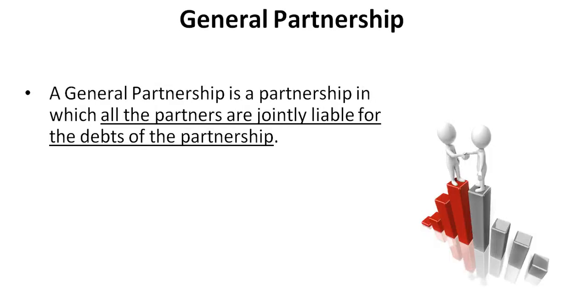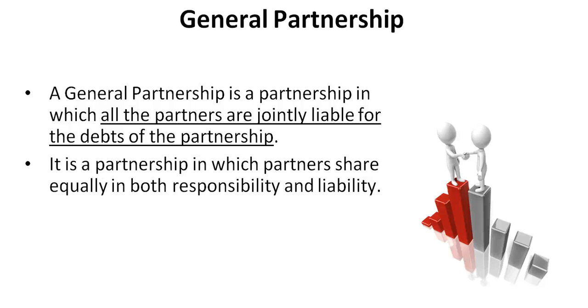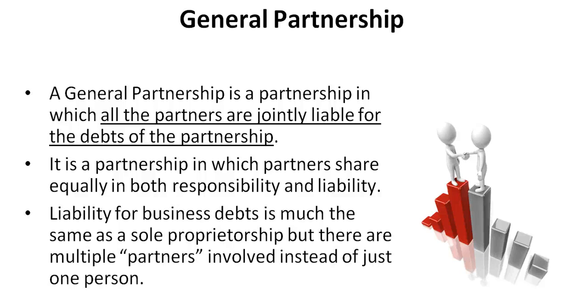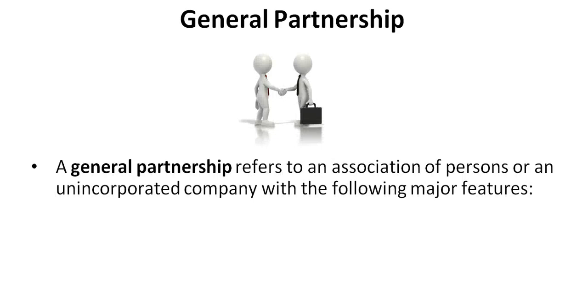A general partnership is a partnership in which all the partners are jointly liable for the debts of the partnership. It is a partnership in which partners share equally in both responsibility and liability. Liability for business debts is much the same as a sole proprietorship, but there are multiple partners involved instead of just one person. A general partnership refers to an association of persons or an unincorporated company with the following major features: